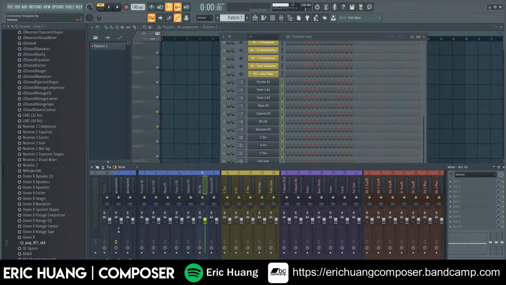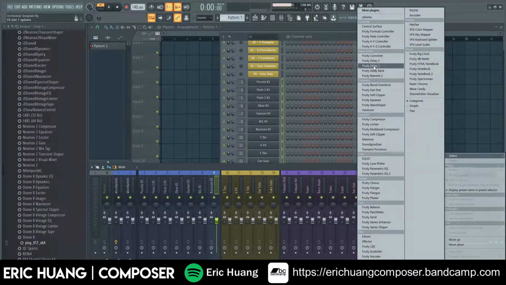So the important thing about having one track with reverb and one track without is that you could be more flexible on how much reverb each instrument gets. So if I want the piccolo to have reverb, I'm just going to add that in there. Flute, I want reverb. Oboe, yes. However, if you want to have extra reverb for bassoon or more specific reverb for bassoon, what I would do is add in reverb to this track itself.